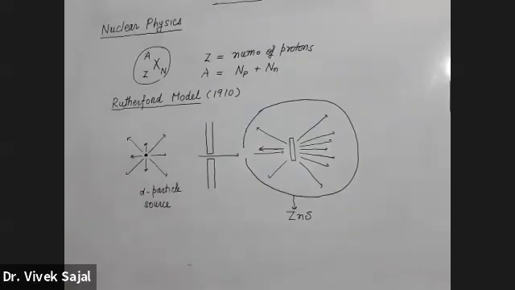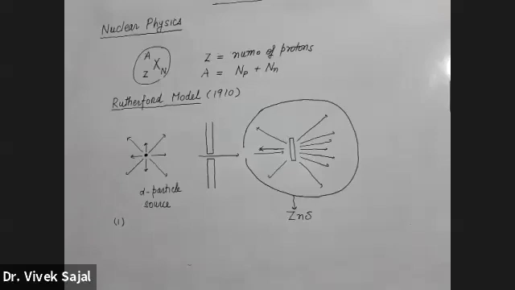To explain the result of this experiment, Rutherford first time gave a nuclear model. He wanted to explain these results. For this, he made a few hypotheses or assumptions. Basically, he assumed something, and on the basis of that assumption, he explained the result. He was saying that all of the positive charge and most of the mass